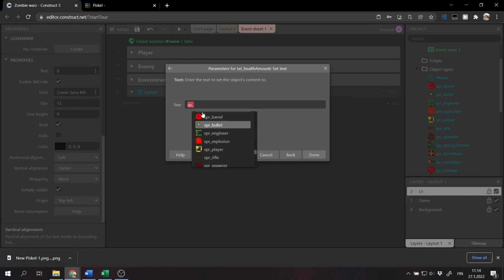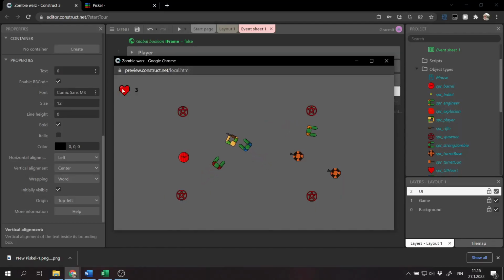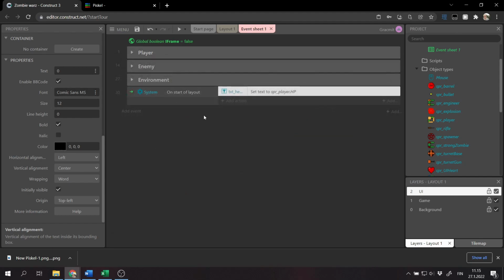SPR underscore player dot HP. Yeah, there we have our health amount. We press done, and now if we check the game, yeah, we have 3 over there and not 0 like last time. But now if we take damage, it doesn't update, so we need to go to the